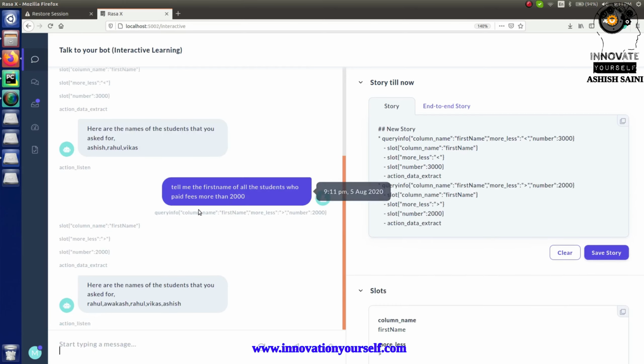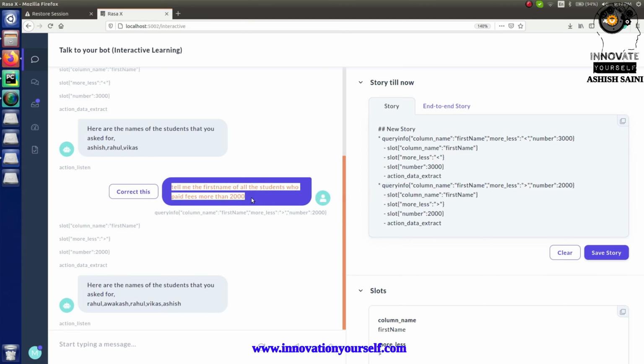So now you can see this time the values are a bit different, right? And accordingly here are the names of the students you asked for: Rahul, Avkash, Rahul, Vikas, Ashish. So these are the different students who have paid fees more than 2000. So this is how you can use your database, and accordingly you can extract the information from the database with whatever information you have provided to the bot.